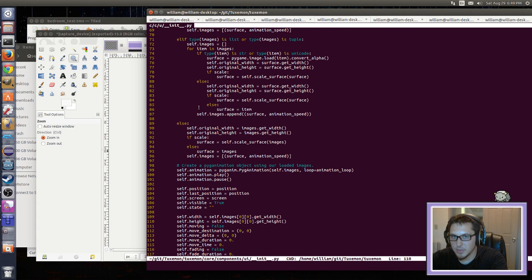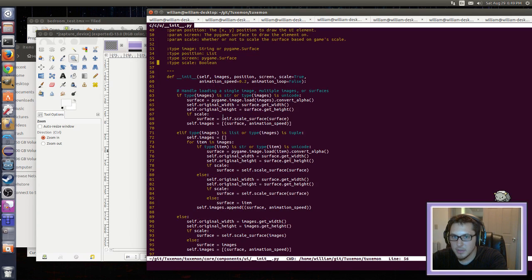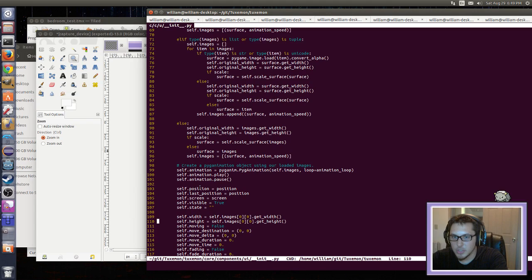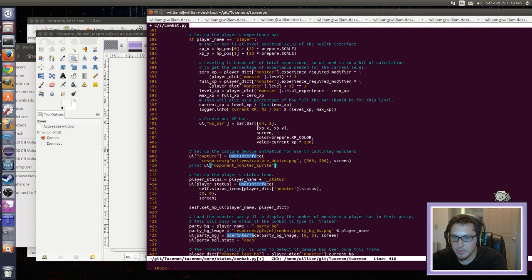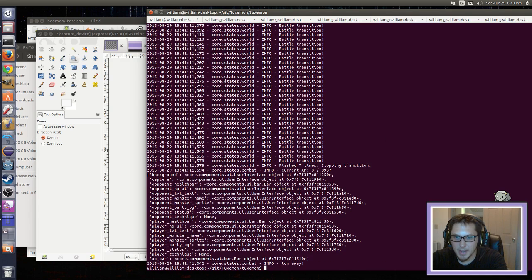And the user interface object has a position attribute. So if we just do print blah blah blah dot position, this should work. We should find out what the position is. So let's just do this opponent position. I'm just going to print the opponent's position just to see if I got this right. So if we run the game now,